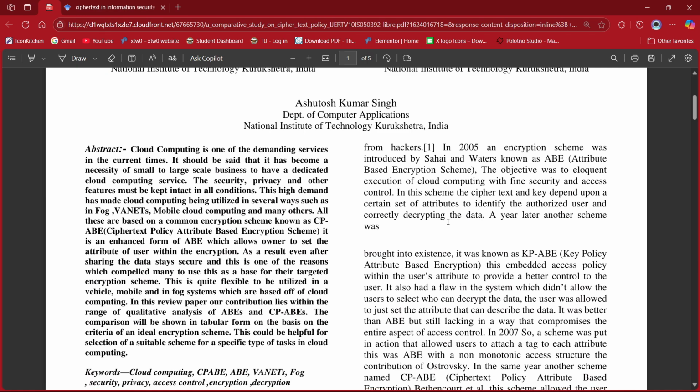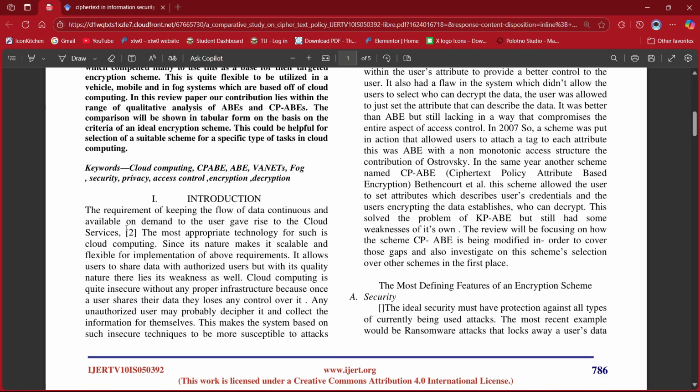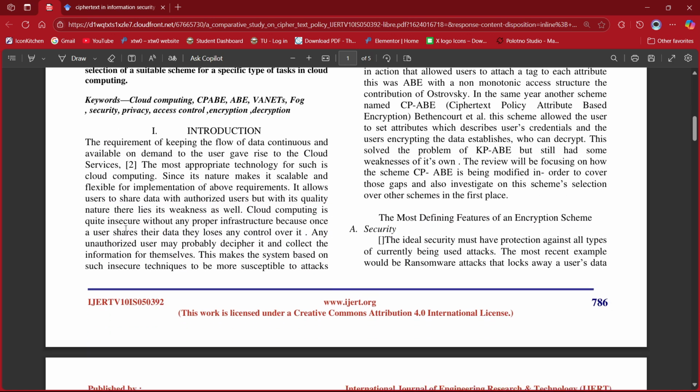Here is how I read it. The first is abstract. This is your summary. Read this first to see what the paper is all about. It starts from here. The second one is introduction. This gives you context, background, and sometimes even definitions.